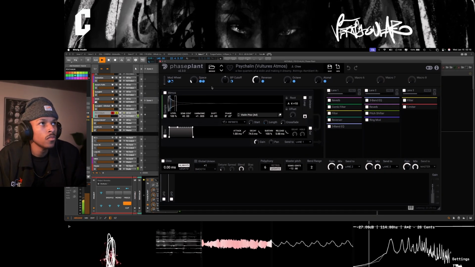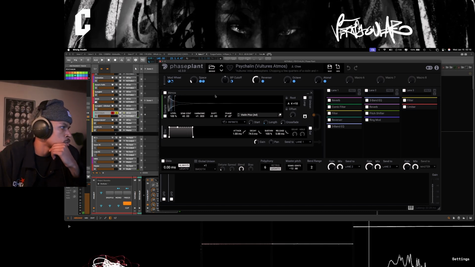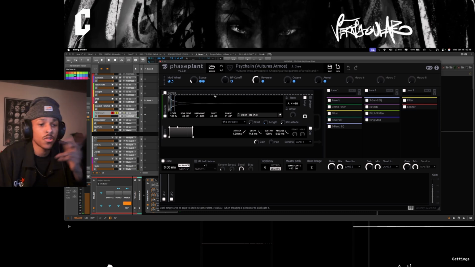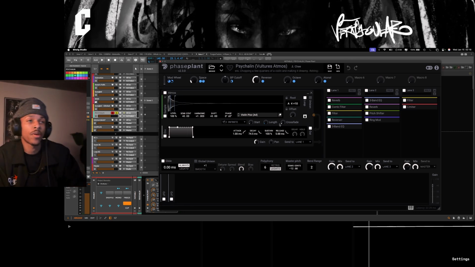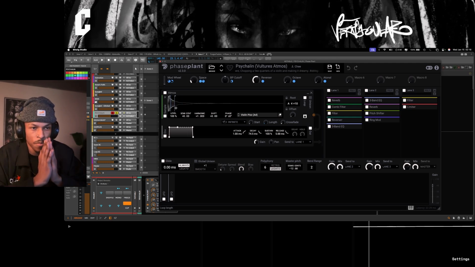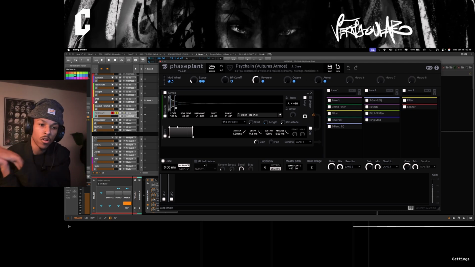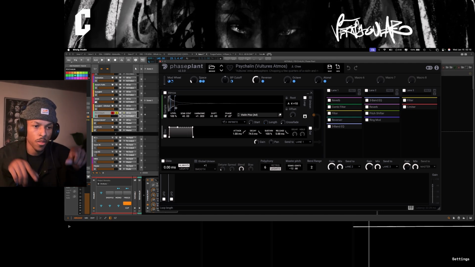So this patch, Vultures, was made in 2019. That was way before the new granular generator was created. So I kind of just had to go old school. This is a process I learned via Cursor with the Ableton sampler, where you could basically loop one single area, and then if you go to the auxiliary of the sample, you can set the loop start and loop length to the